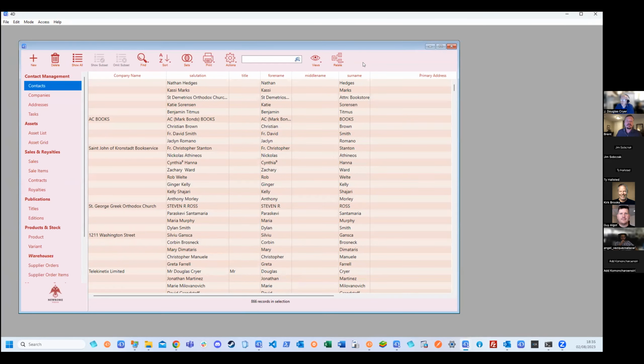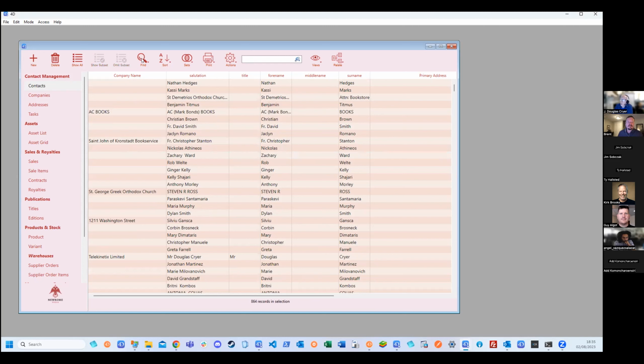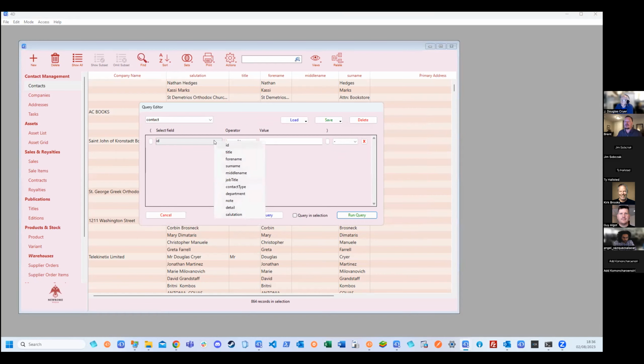Obviously, we've got various listings. We've got a list of all the tables down the side. I'm presenting here a system that I've been building recently for a company in the US. You basically have simple show subset, show all, omit subset functions, and these are built into the component. We've got add and new, which are callbacks to the host, so that the adding and the deletion are controlled by the host through callbacks. Then we've got a search editor, which allows us to do searches on names or any field in the database, a bit like the 4D search editor. We can run that and it'll find any contacts. Obviously, there's nobody called Cryer, but